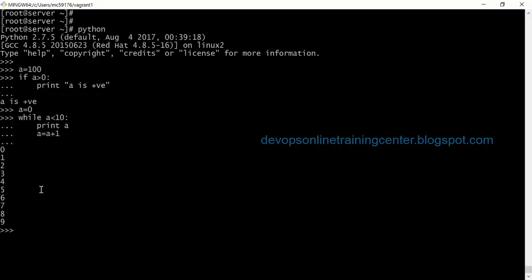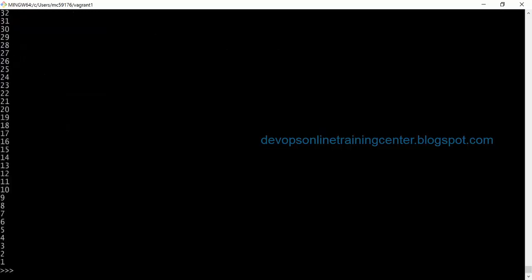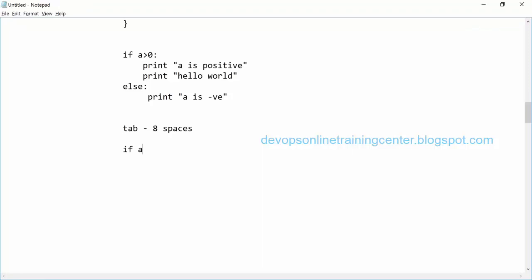Right? Let us say A is equal to 100, while A is greater than 0, print A, A is equal to A minus 1. If I execute, it will print from 100 to 1. Right? So the syntax is a general if statement: if condition, colon, then the indentation, then the statements.